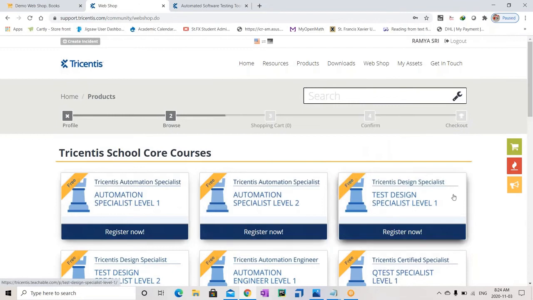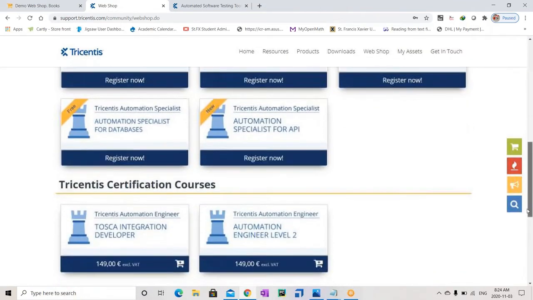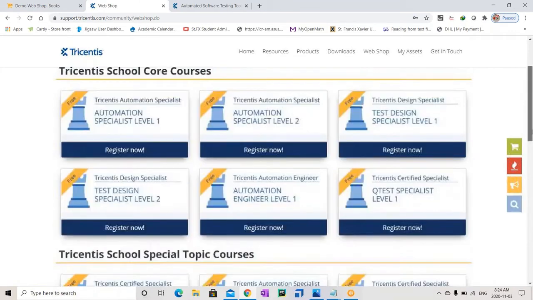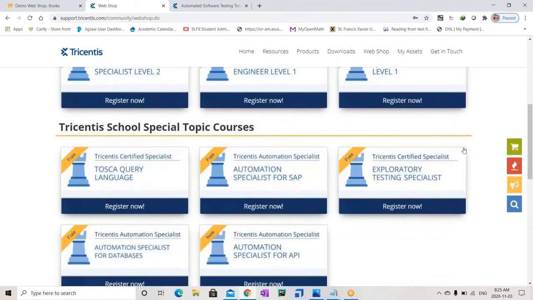These are nothing but the different certifications that Tosca is offering. Right now, Tosca is offering all these certifications free of cost: automation specialist, specialist level 2, test design specialist, automation engineer, flow test, and Tosca Query Language for SAP, exploratory testing, and databases and API.